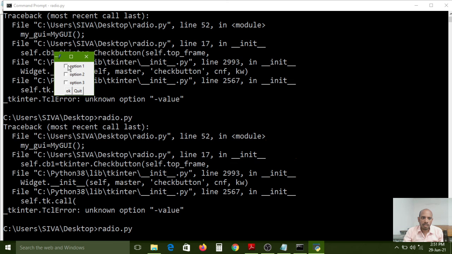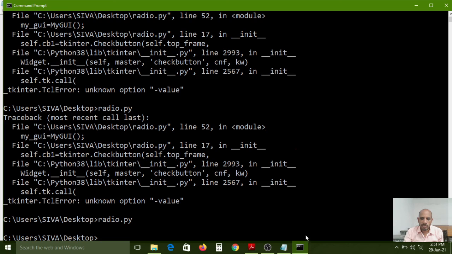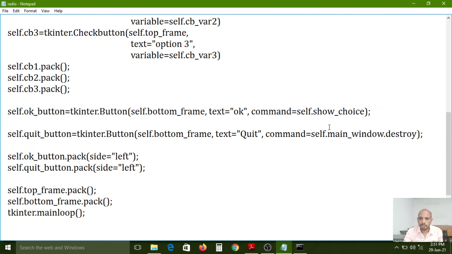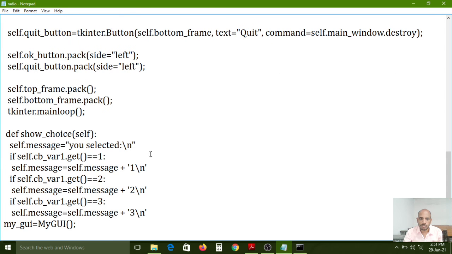Check boxes are showing as square boxes. Now I want to click the first option, and now I am clicking on the OK button. The OK button is not working because the callback function is showing an error. So when we click the OK button, self.show_choice needs to execute.